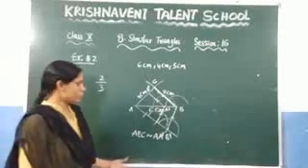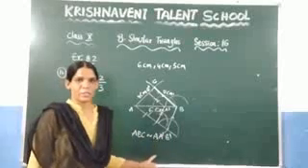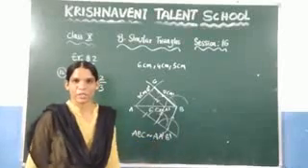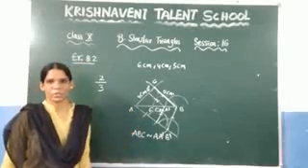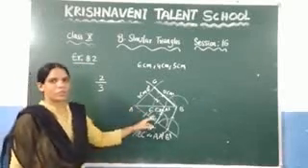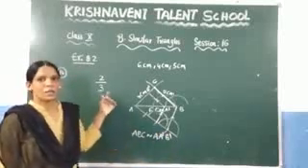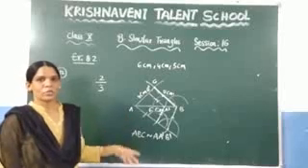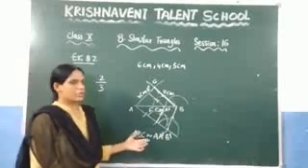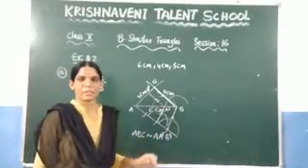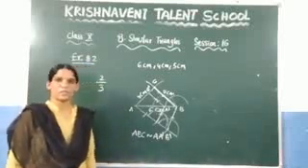Again, how to draw the similar triangle? First you need to draw the triangle by the given measurements. After that you need to draw the acute angle, and in the given fraction, check what is the maximum number, and at this point you need to draw that many arcs, and after that you have to check what is the denominator, and you need to join the denominator to the base of the triangle, and again you need to draw the parallel line so that you will get the similar triangle of the given triangle. This is the process to draw the similar triangle.